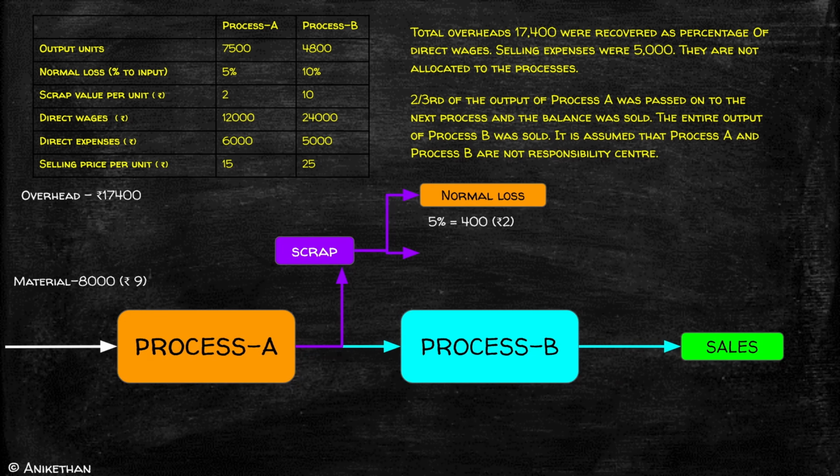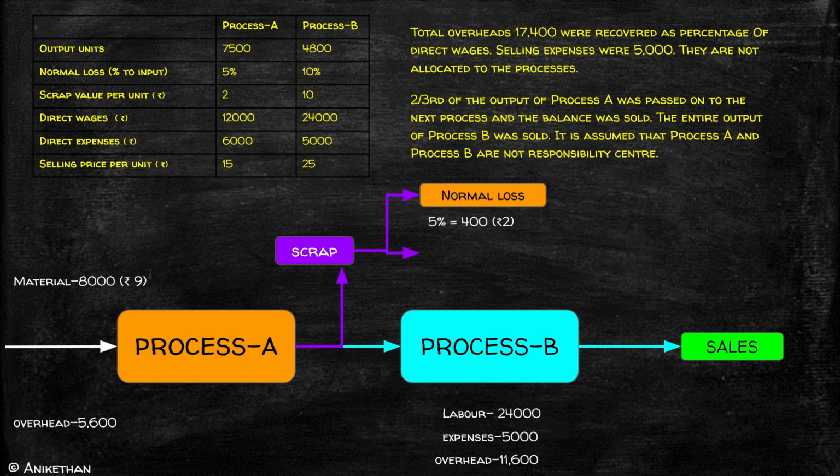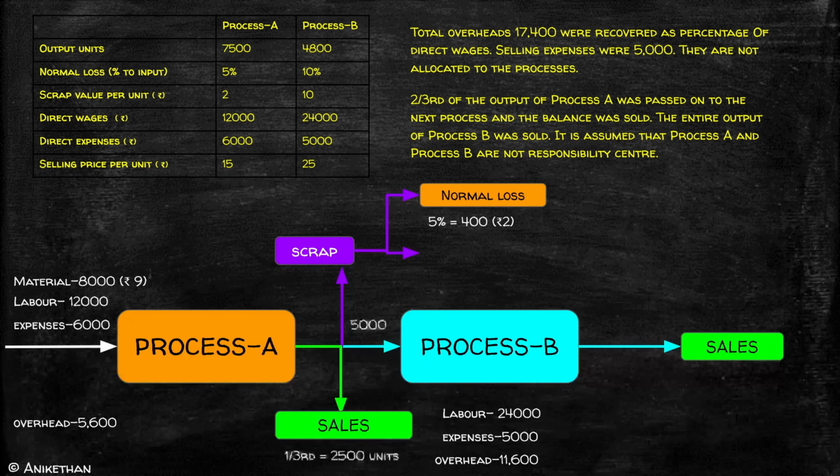Overhead is 17,400. Now I have to apportion it in the ratio of direct wages. Direct wages is 12,000 is to 24,000. I have simplified it as 1 is to 2. So when I apply this, process A gets 5,800 and process B is apportioned with 11,600. Next, I have overhead represented for both process A and process B. Other expenses, which are labor expenses, are also recorded. Then the output is 5,000. Whether there is an abnormal loss or gain, we'll come to know when we prepare the process accounts